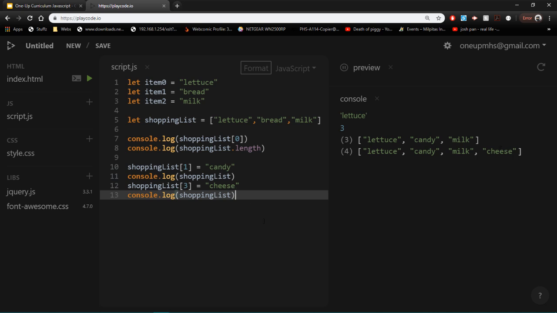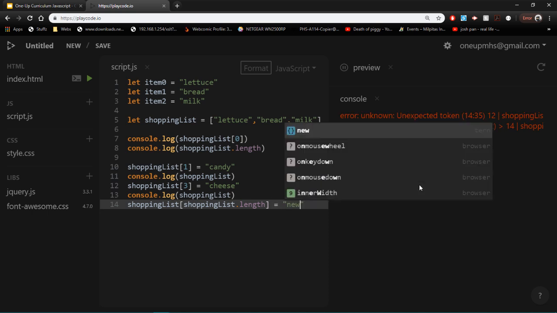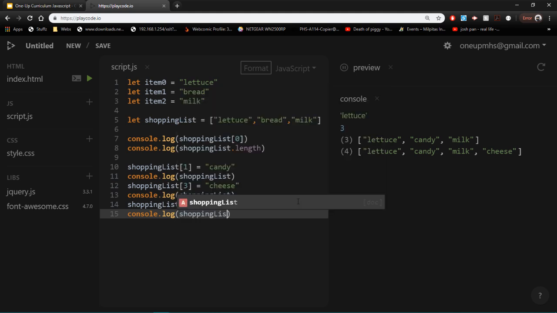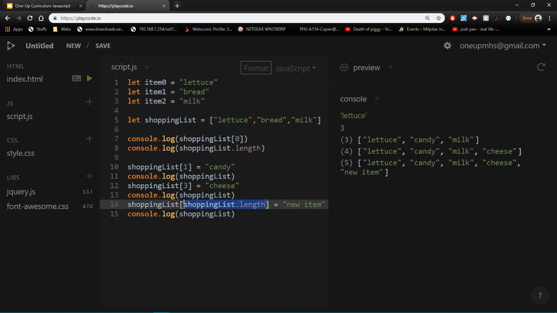But let's say you don't know what the last item you just put in is, right? You don't know what place is the last item. So you could type in shopping list of shopping list.length, right? And then change this to the new item. And then if I log this to the console, you'll notice that it's the next item, but this is kind of long. You have to type out shopping list.length inside of the index,